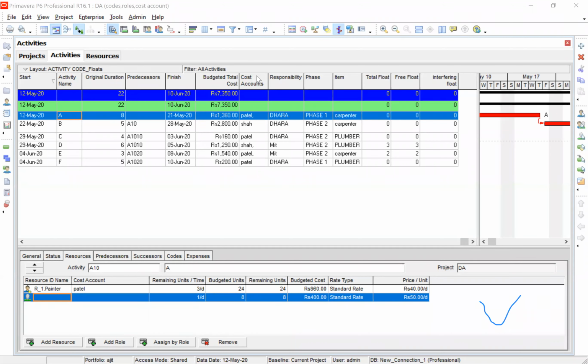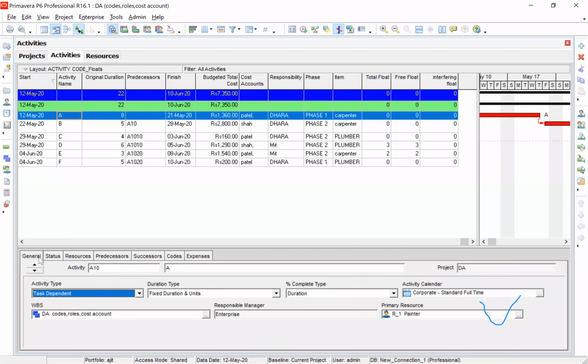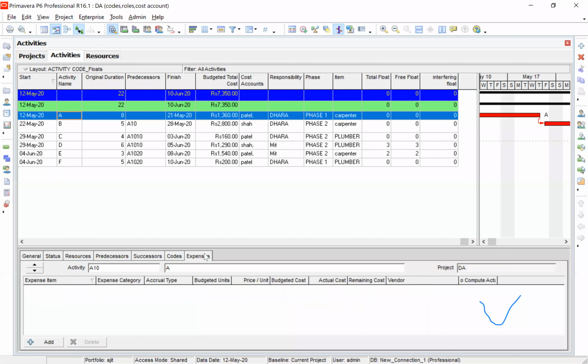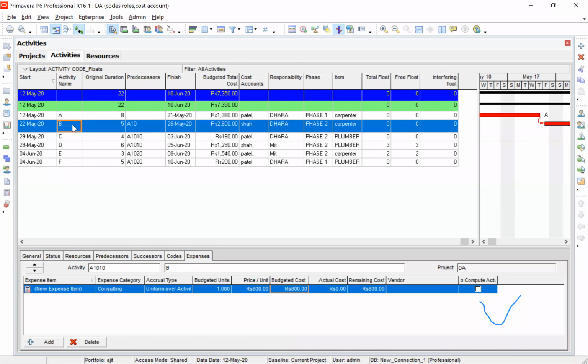All right. Now we come to another item which we have not discussed in the rate. In the general window below, you see expenses. Can you see that? Expenses. All right. Now in the B item, I have added an expense category.